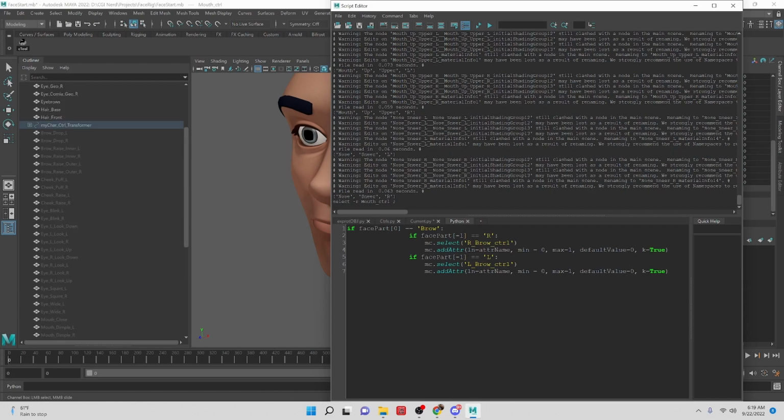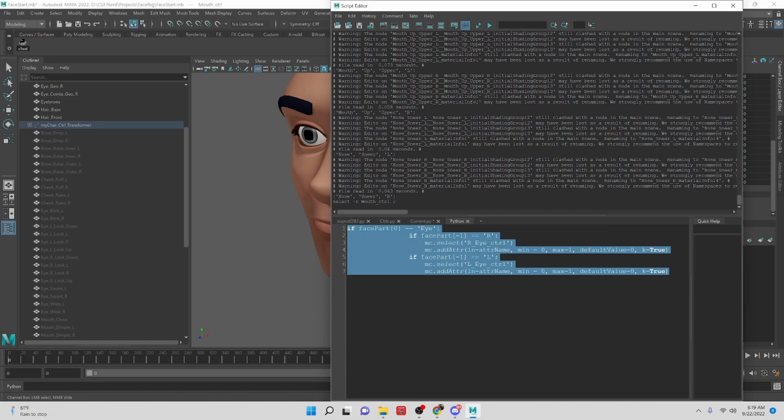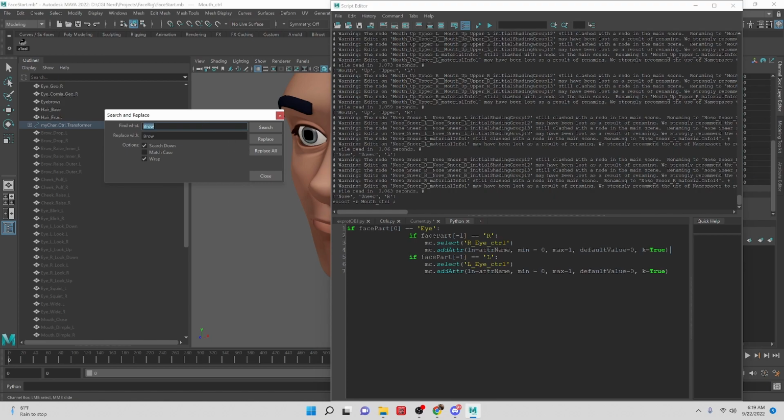But let's do eye really quick. So what I'm going to do is do search and replace. I'm going to search for brow and replace that with eye and tell it to replace all. So now we have the eye one built, and then we can paste that there. And then let's do the same thing for nose. So we can do F. We're gonna now change I for nose, and we can see that's what we got there. Replace all,